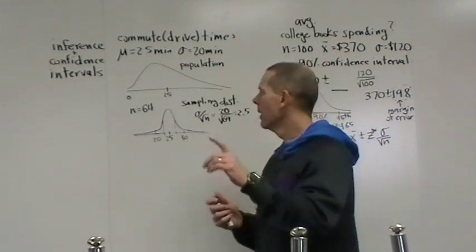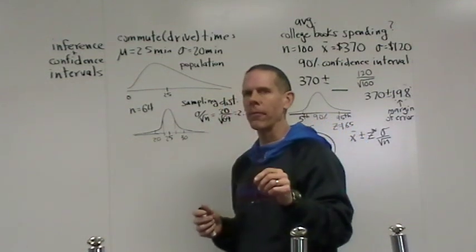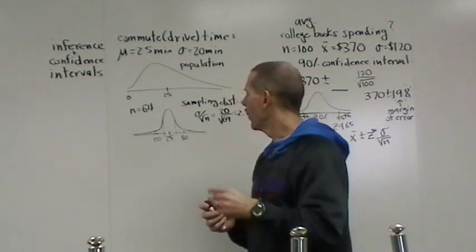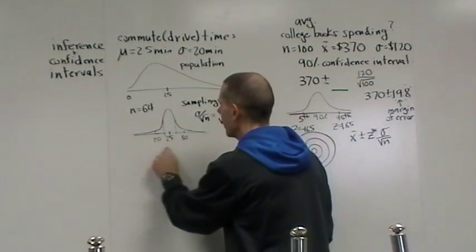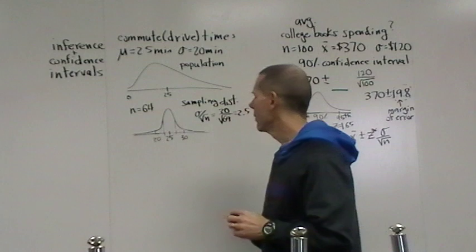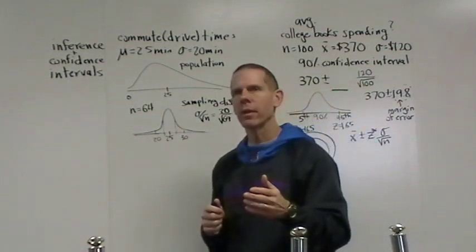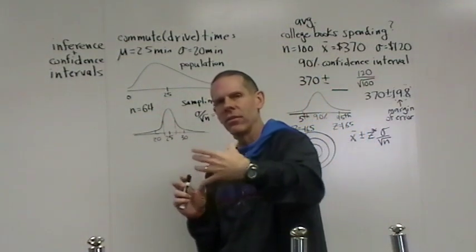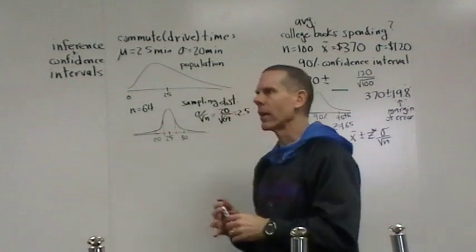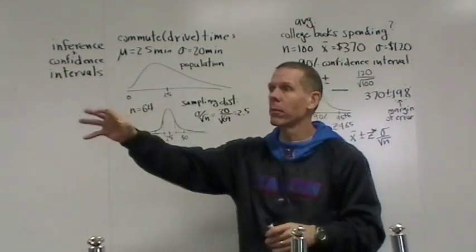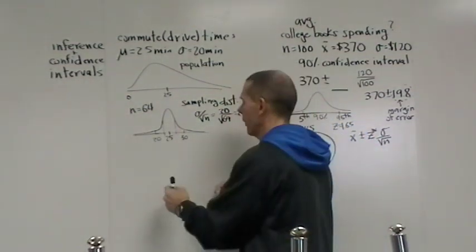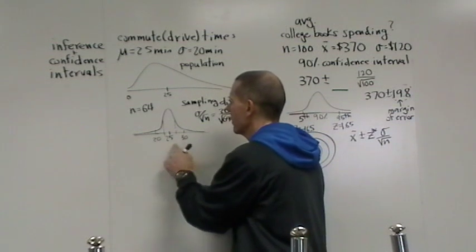Let me say that again. 95% of the time, when we take a sample, we come and plop it down, it's going to come within 2 standard deviations of the real mean. The problem is that's not how statisticians like to look at things. We understand 95% of the time you go get your sample, you bring it back, you put it down, and it's within 2 standard deviations of the real mean.